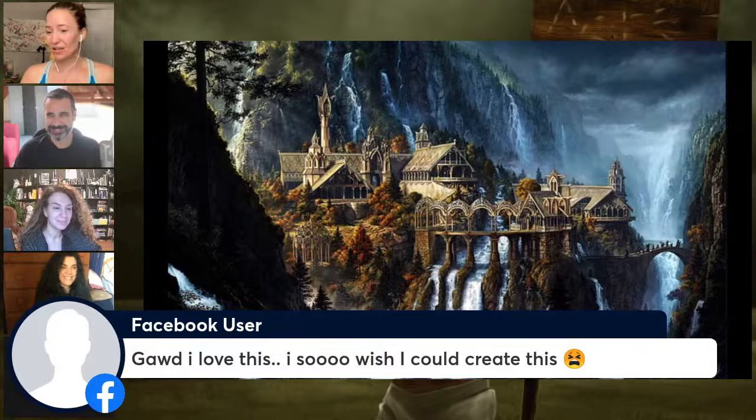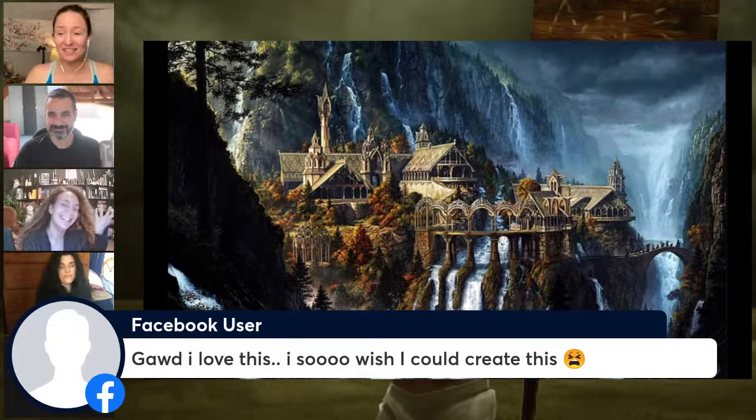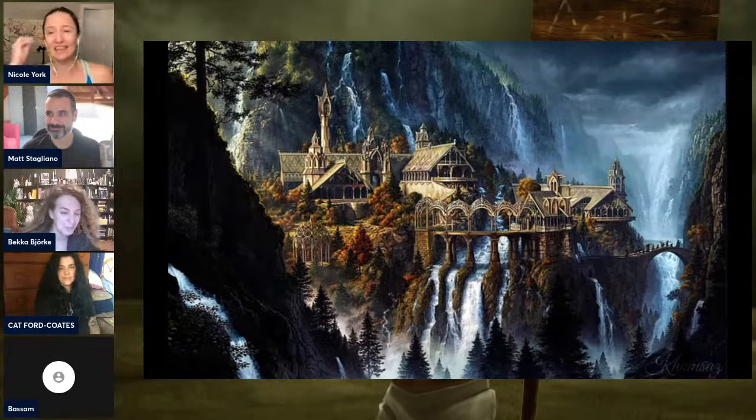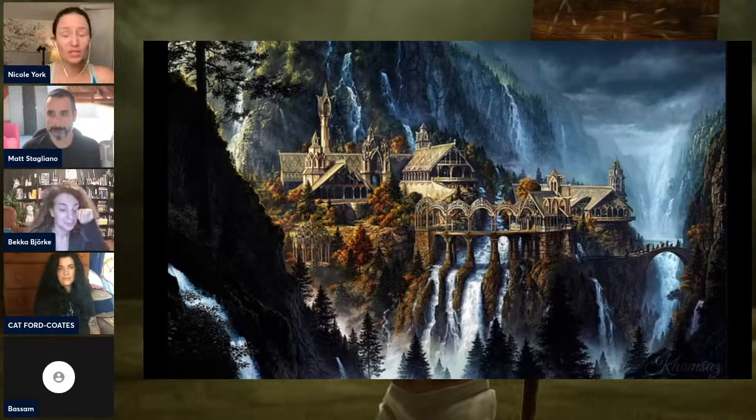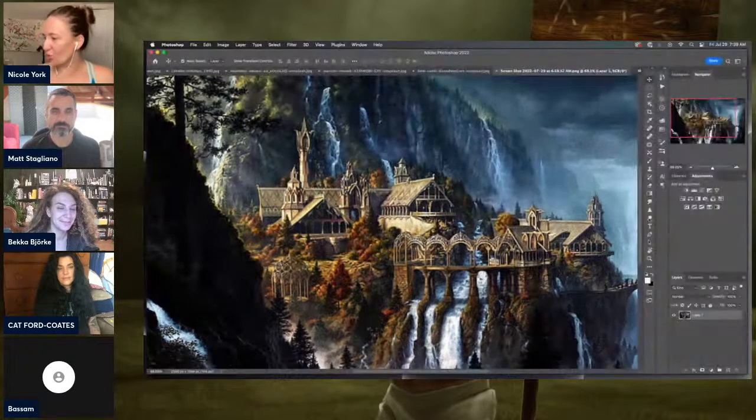You totally can. You just have to be willing to suck at it for a while. That's true, right? That's the question of anything where we say, I want to be able to do that. Well, you can. You just have to be willing to be not good at it for as long as it takes to start being good at it. That's the story of all of us.